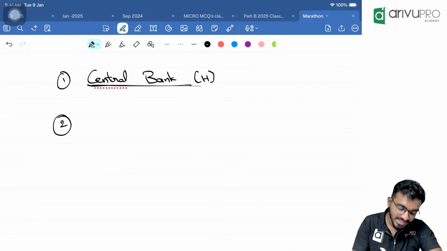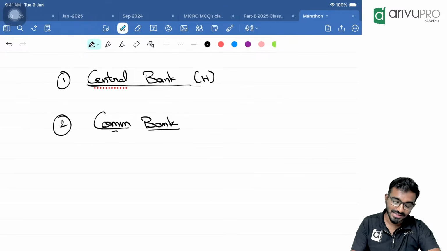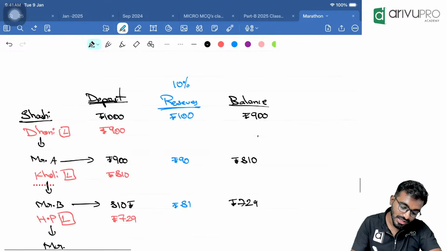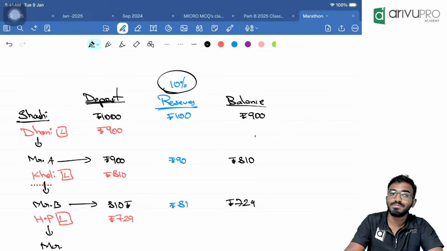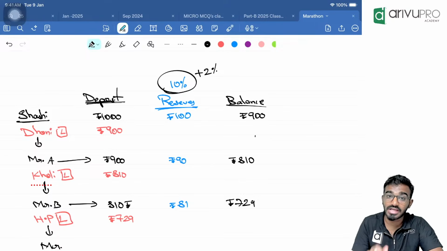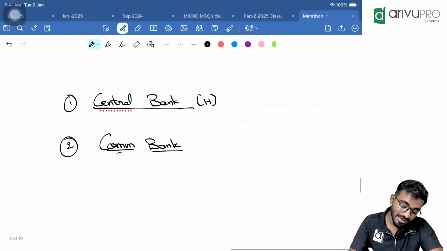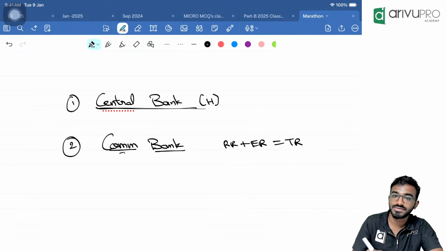Second, to increase the money supply, even the behavior of a commercial bank is important. We believe whatever the central bank has instructed, like in my previous example, keep a reserve of 10%, commercial banks will only and only keep 10%. They will not show any extra talents like keeping another 2% extra, another 1% extra, as excess reserves. We believe that they will not keep it. They only maintain the required reserve. Sometimes they may also keep an excess reserve. So this will become total reserves.